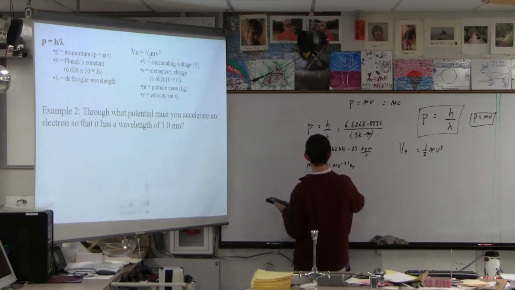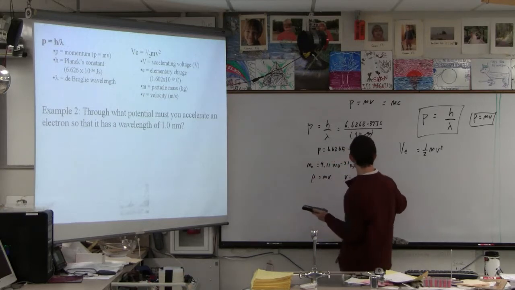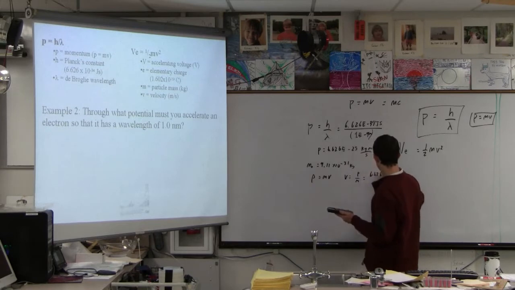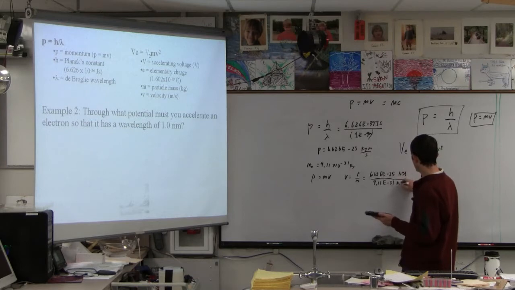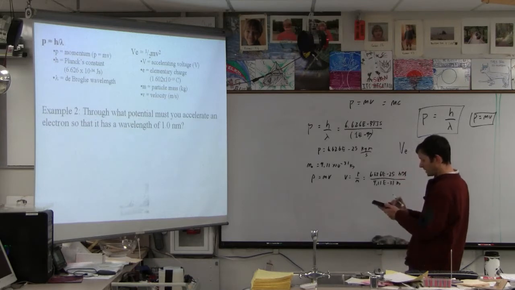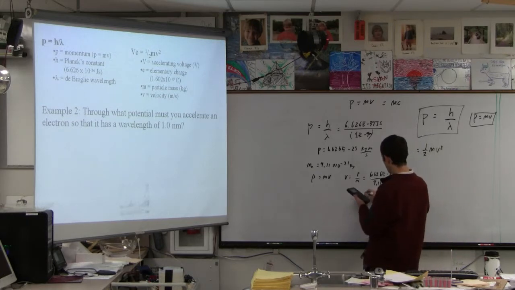So if p is mv, then v is equal to p over m, right? So it's 6.626 E minus 25 divided by 9.11 E minus 31. All right, this is kilogram meters per second divided by kilograms. So divide that by 9.11 E minus 31. And you get a lot of velocity, right? The velocity is